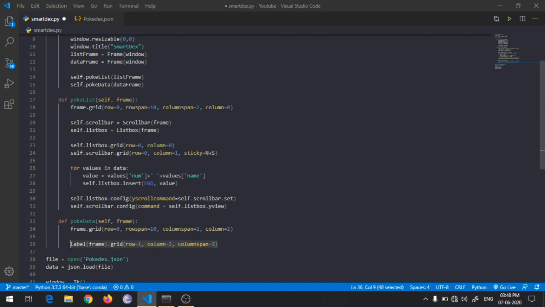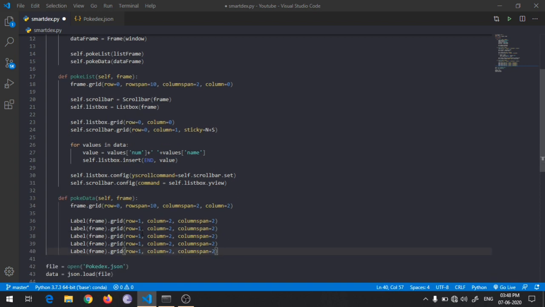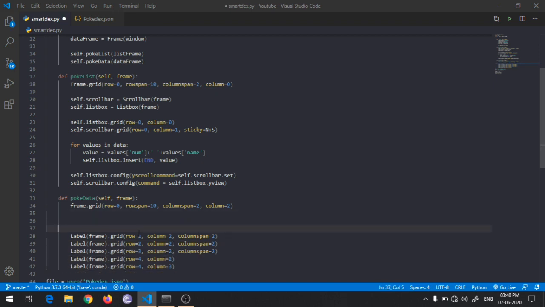Okay, so we want to add number, name, then Pokemon type, then species, height and weight. So 2, 3, 4 and 4 again. Just column number 3, there will not be a column span here, so there's that. But how can we differentiate all these labels, and how can we pass the values to the label? So we'll be creating